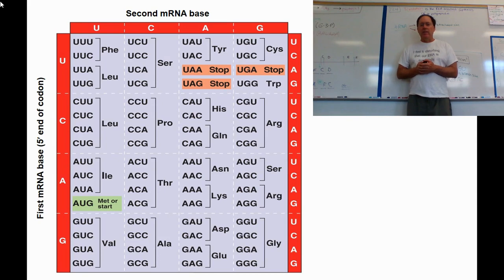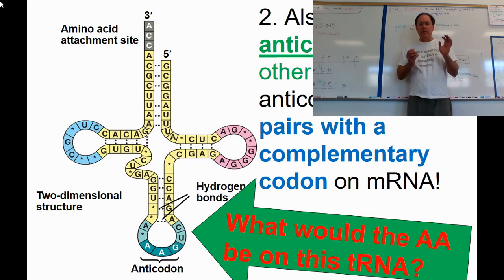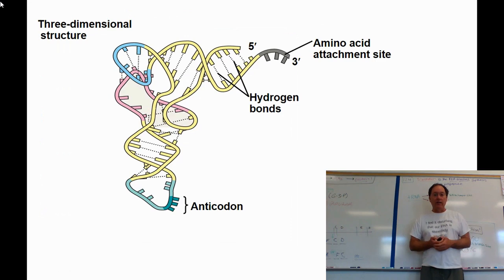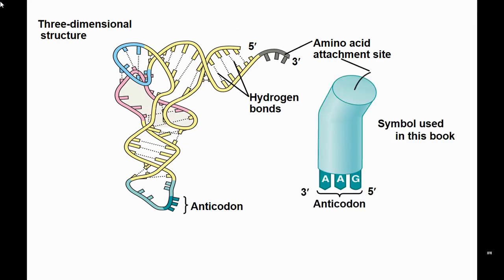Which amino acid would this anticodon-having tRNA have on its amino acid attachment site way up there at the top? And if you said the word phenylalanine or PHE, you are correct. This is kind of what it looks like in cartoon form. I'll show you a movie on this in a second. We like to simplify it down to the soup can here. It's just much simpler to not show all that complexity.